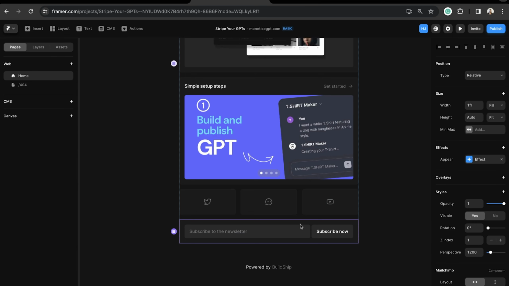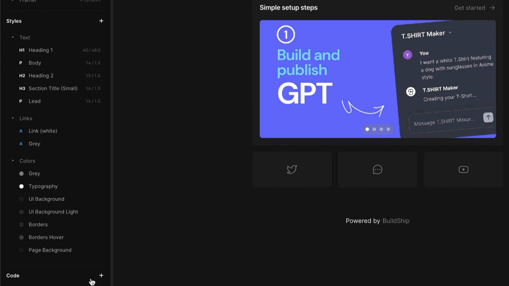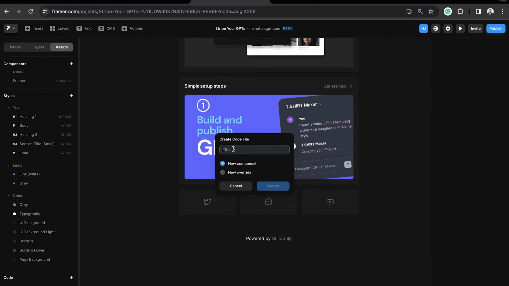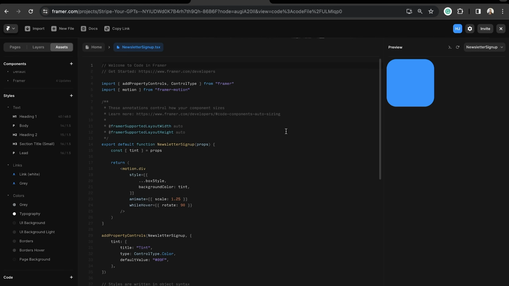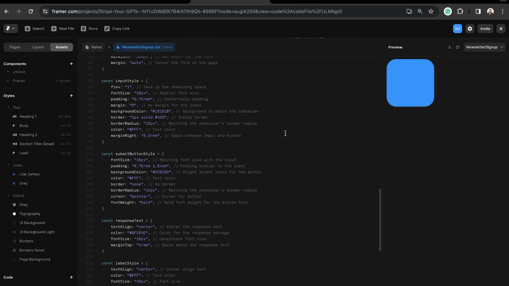So on your website on Framer, you need to add a form. For that, let me get rid of this and go here into Assets and add a new code block. Let me give this a title of Newsletter Sign Up and create this component. You don't need to know how to code. All you need to do is copy paste the code snippet that we have linked in the description and simply paste that in and replace this entire content with it. So let me select all and Control V to replace it